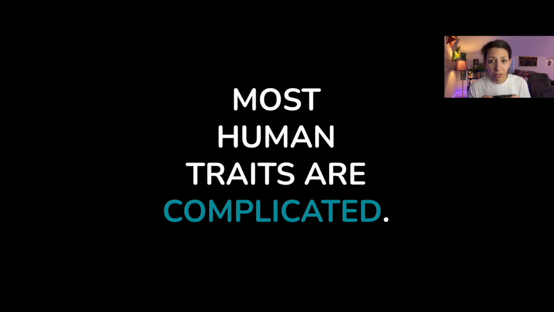In fact, most human traits are polygenic, meaning they are controlled by many different genes interacting together. There's very few classic Mendelian inheritance instances that show up in humans. Some of these are actually genetic disorders, like cystic fibrosis, sickle cell anemia, PKU, and we'll talk more about genetic disorders when we get to chromosomes too, which is